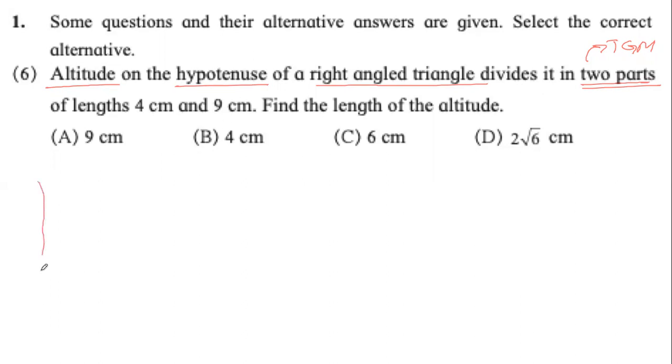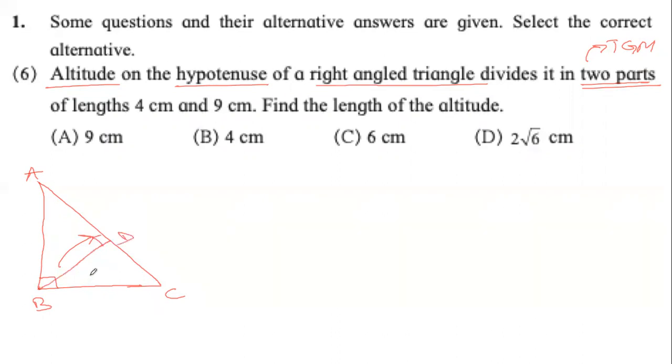So what it is saying is, we have any triangle A, B, and C. We have some triangle A, B, and C such that it is a right angle triangle. Then only then it will have a hypotenuse. And in this case, the hypotenuse is the side AC because it is opposite to the biggest angle. Now, if we draw a hypotenuse on it, हमने hypotenuse बना दिया, altitude on it.